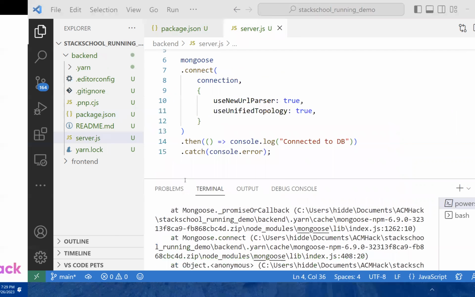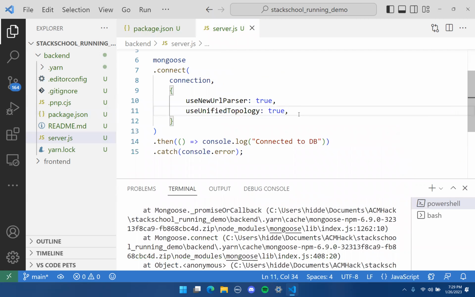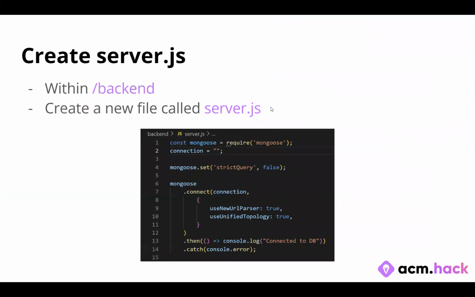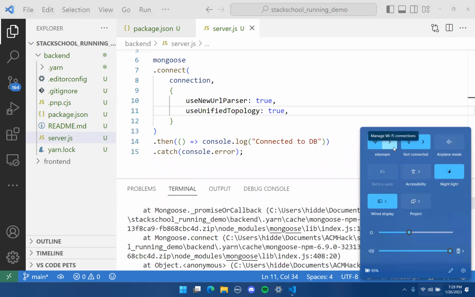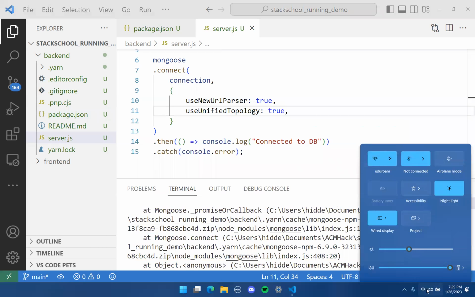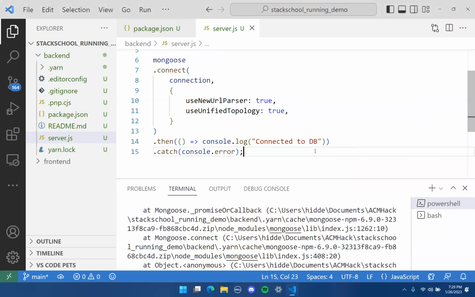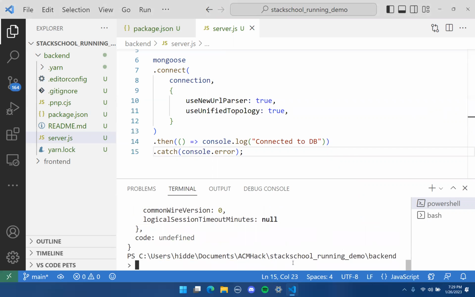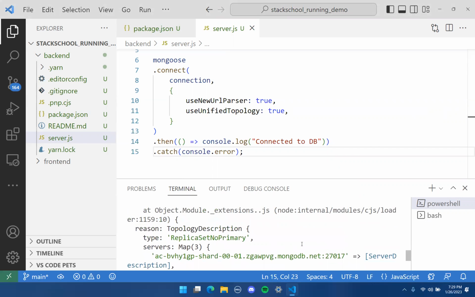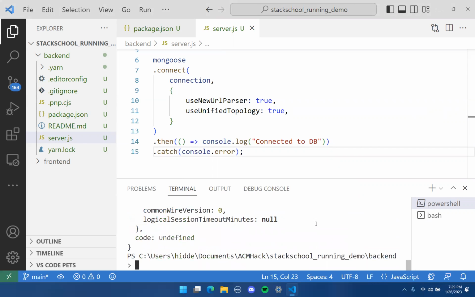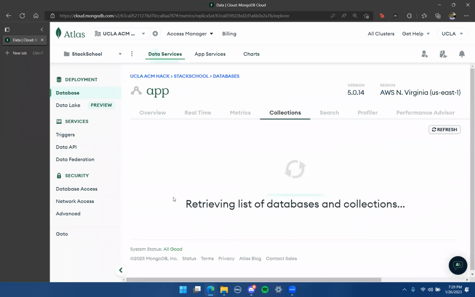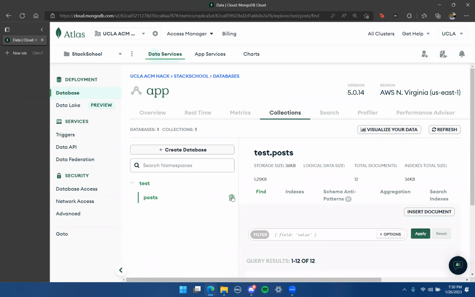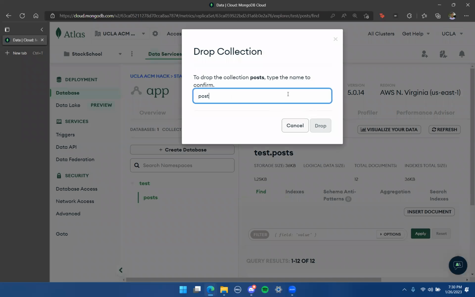Interesting. Anyway, let's see if there are any other reasons. Replica set no primary. Oh, I think I might know what's wrong. Give me one second. I think you need to add,